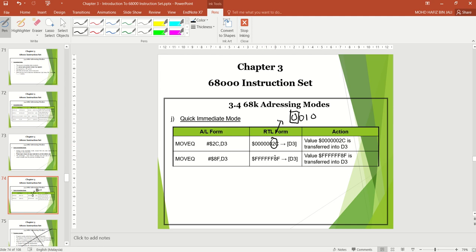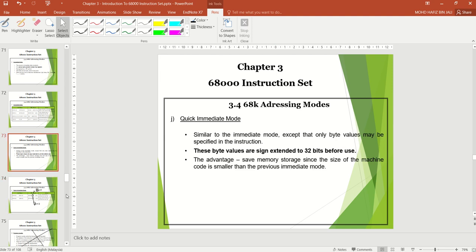Okay. So if 8 in binary is 1000, because the MSB is 1, the rest of the upper value becomes FFFF. This is the sign extension. So the rule is, first you need to follow the sign extension rule.